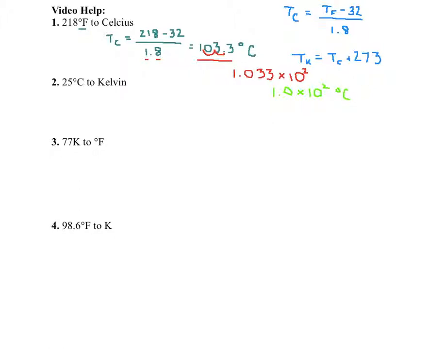For the next one, I give you 25 degrees Celsius, so I'm going to put 25 here, and I'm going to set that equal to TF minus 32, and then all over 1.8. Now the important thing for you to do, we're first going to multiply both sides by 1.8, or just cross multiply. And so you get 25 times 1.8, which is 45. So 45 equals your TF